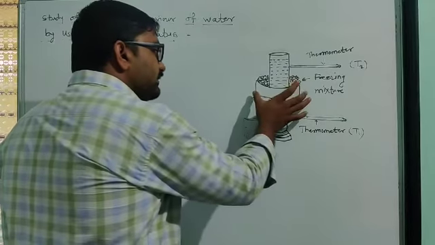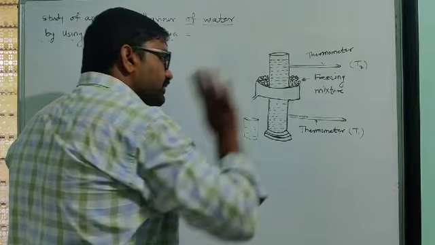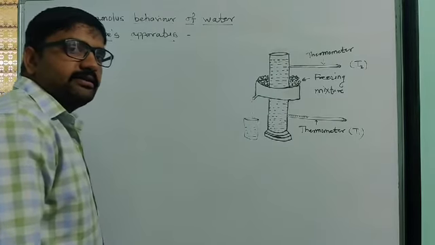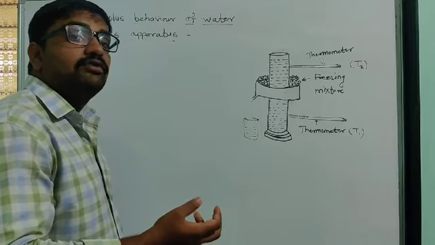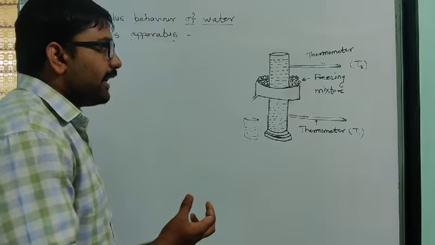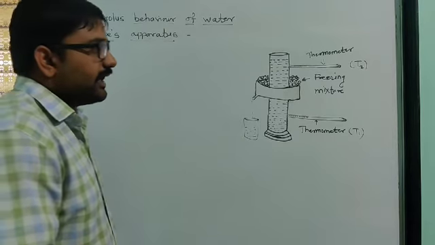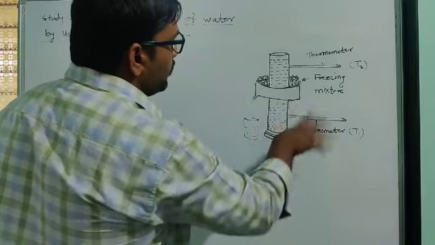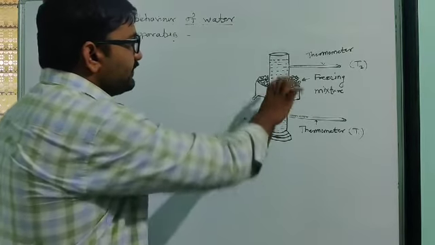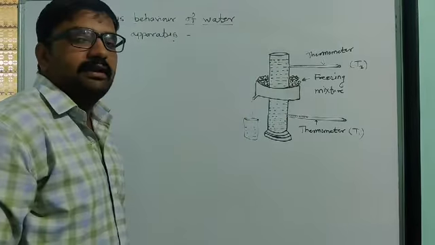This bowl is used to place the freezing mixture. Freezing mixture is nothing but a mixture of ice and salt, due to which it has a temperature less than 0 degree. In such a way we place the freezing mixture here. Two thermometers we have to use for that, and this cylindrical tube and this cylindrical bowl we also have to use.